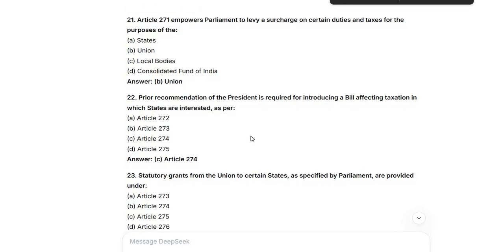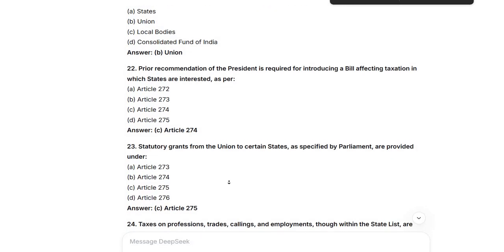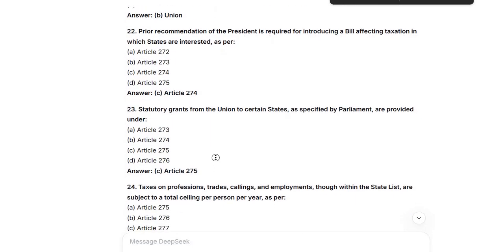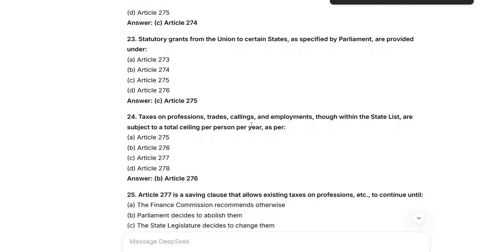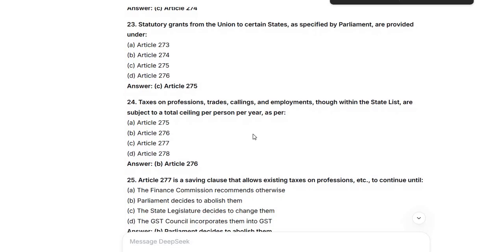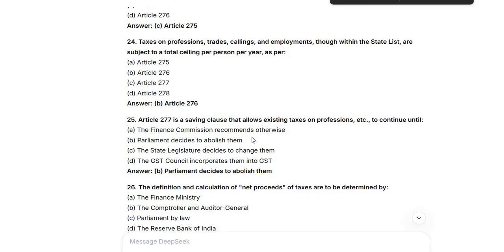Statutory grants from the Union to certain states, as specified by Parliament, are provided under Article 275. 24. Taxes on professions, trades, callings, and employments, though within the state lists, are subject to a total ceiling per person per year, as per Article 276. 25. Article 277 is a saving clause that allows existing taxes on professions, etc., to continue until, answer, Parliament decides to abolish them. 26. The definition and calculation of net proceeds of taxes are to be determined by, answer, Parliament